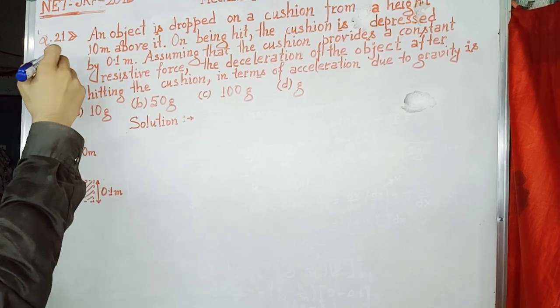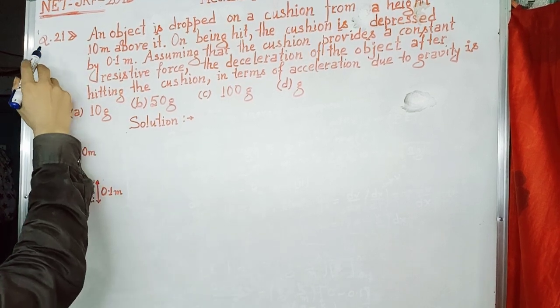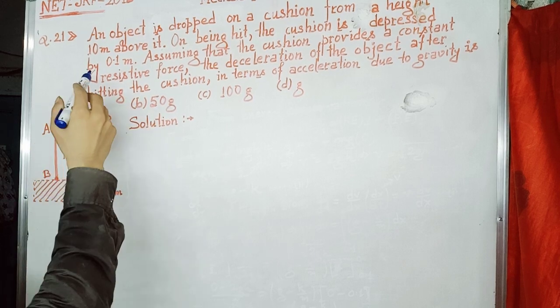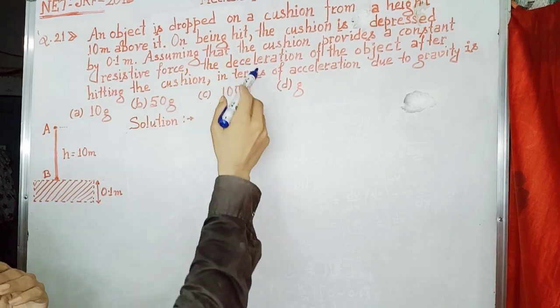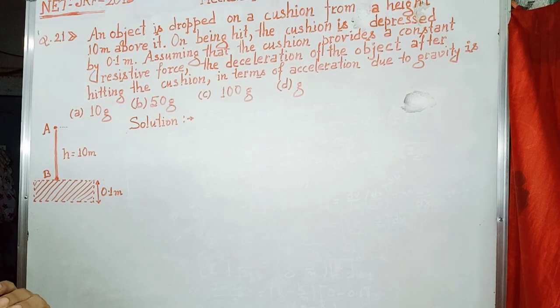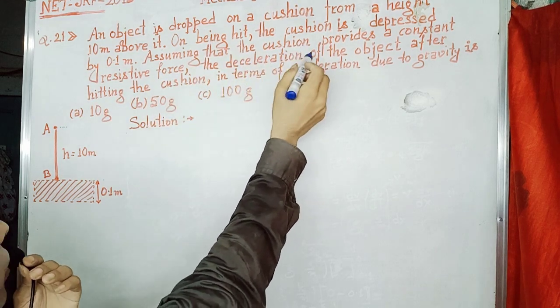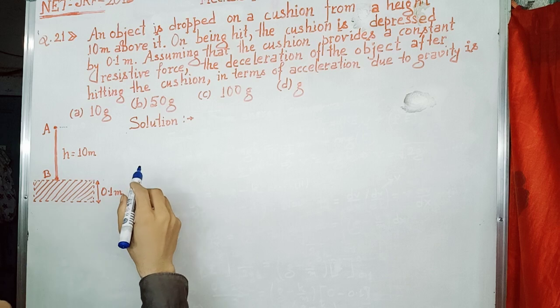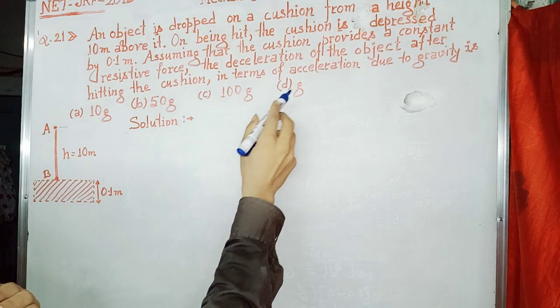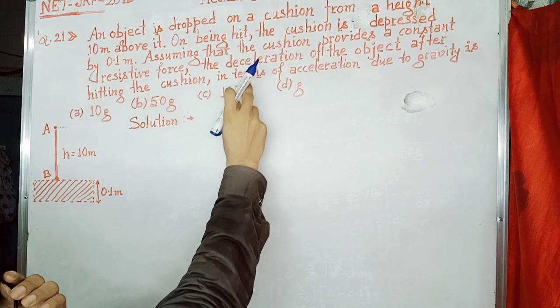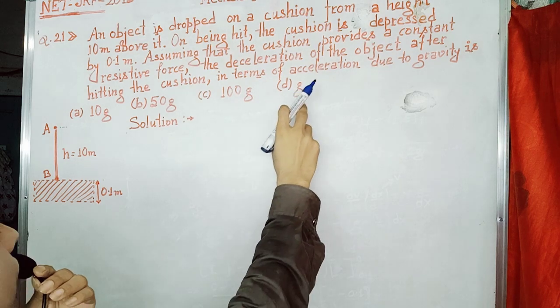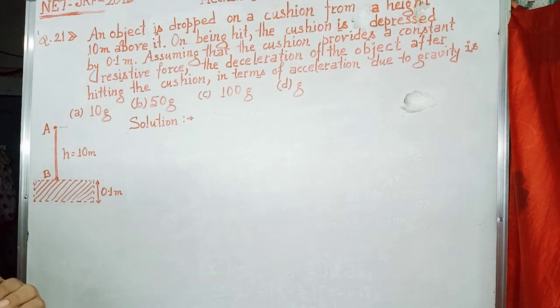Here is a question from NET JRF 2019. This is question number 21. In this question, it is given that an object is dropped on a cushion from a height of 10 meters above it. On being hit, the cushion is depressed by 0.1 meter. Assuming that the cushion provides a constant resistive force, the deceleration of the object after hitting the cushion in terms